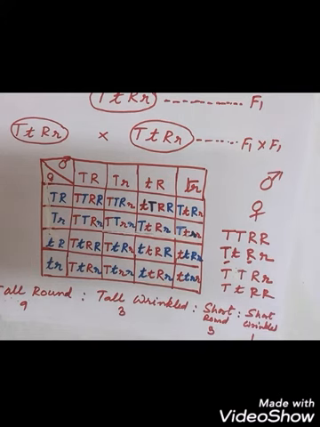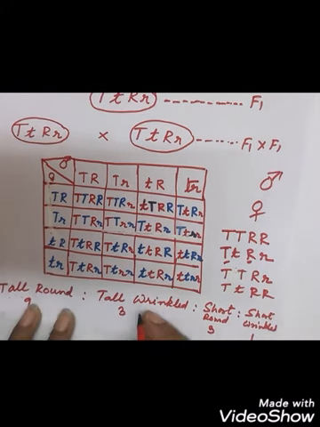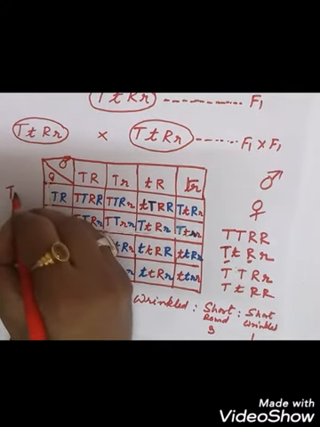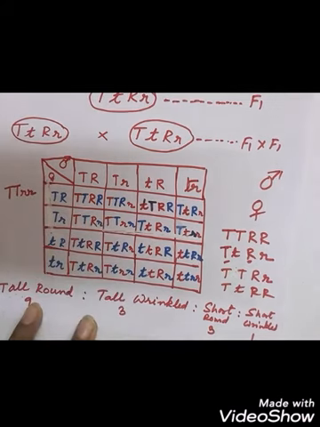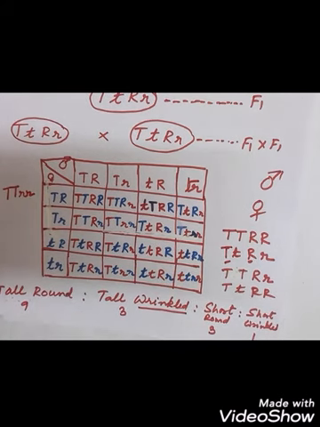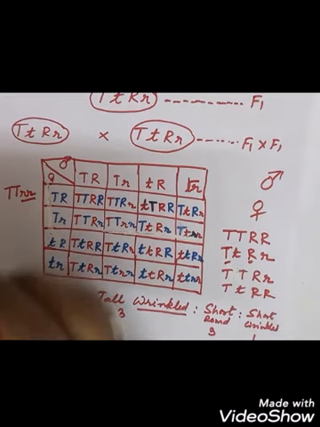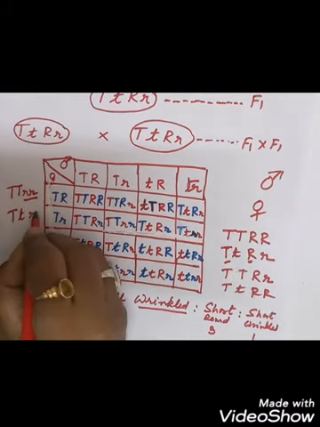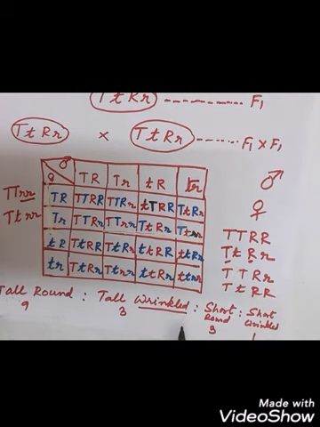So what will be the genotype of this tall and wrinkled? We can say here tall is for capital T, wrinkled small r. See, this is a recessive character. So the recessive character will always be represented when both are there, in the homozygous situation. So small r should be there because they are recessive. So that will represent wrinkle. One dominant characteristic cannot be present to represent the recessive one. So this is capital T, small r, or capital T, small r for the tall wrinkled, right?